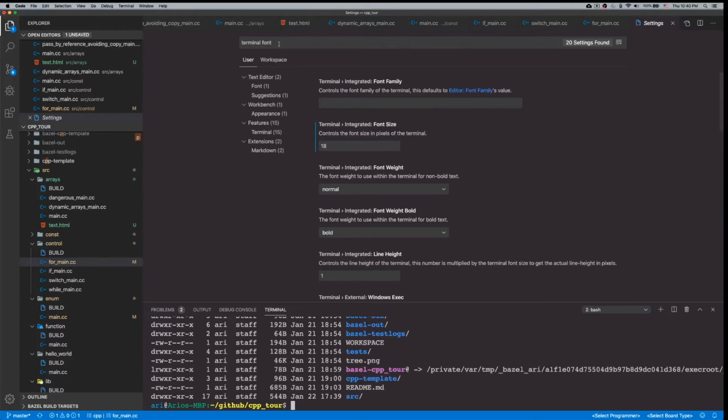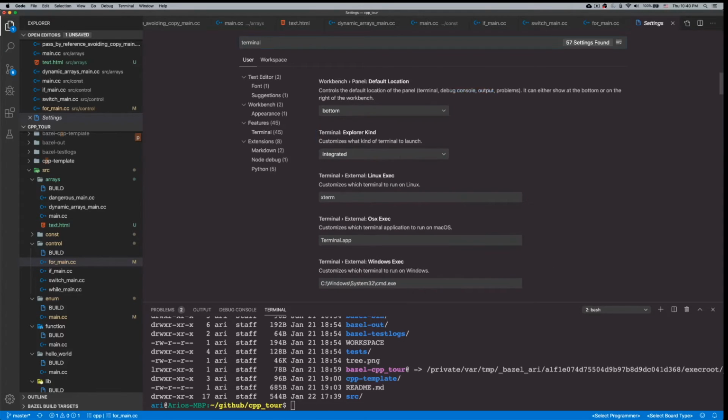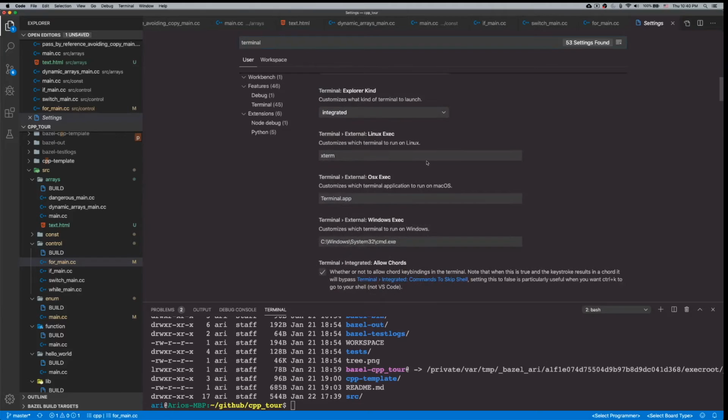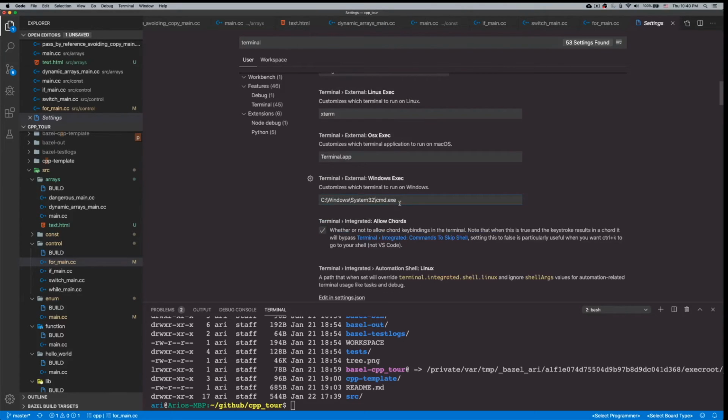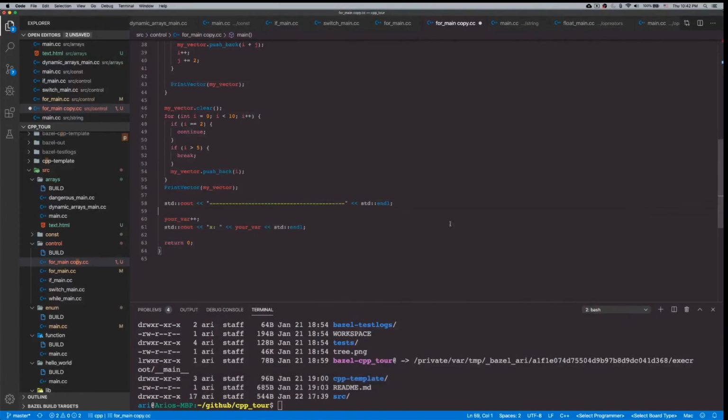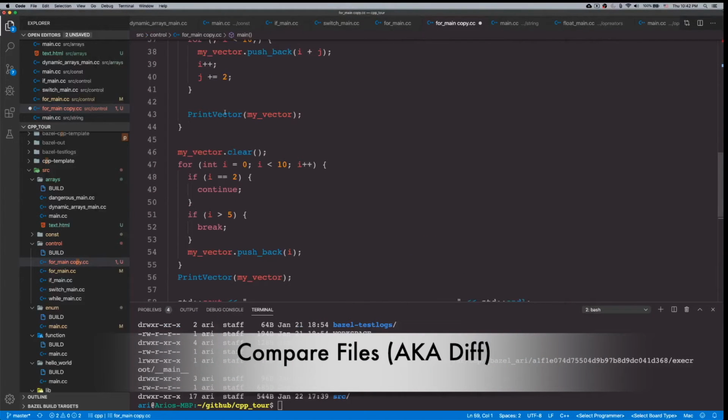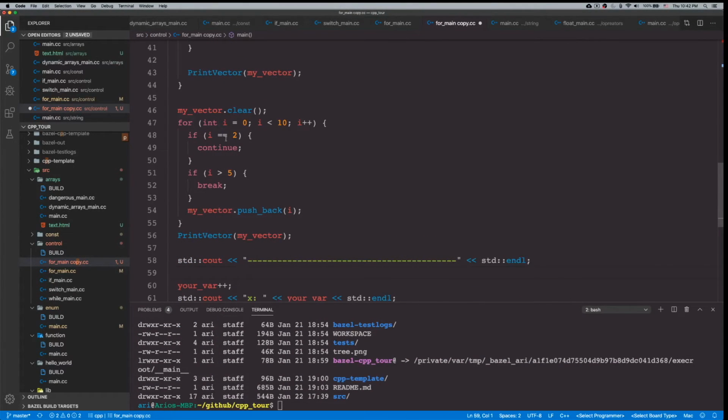The other thing that you can change here, which might be useful to you, is what kind of terminal you want to see. So on Linux, you can open Xterm. On Mac, you can have terminal.app, but on Windows, you can change your default terminal to either cmd.exe or any other terminal that you can install on Windows and use that one instead. So once you do this, then all right,